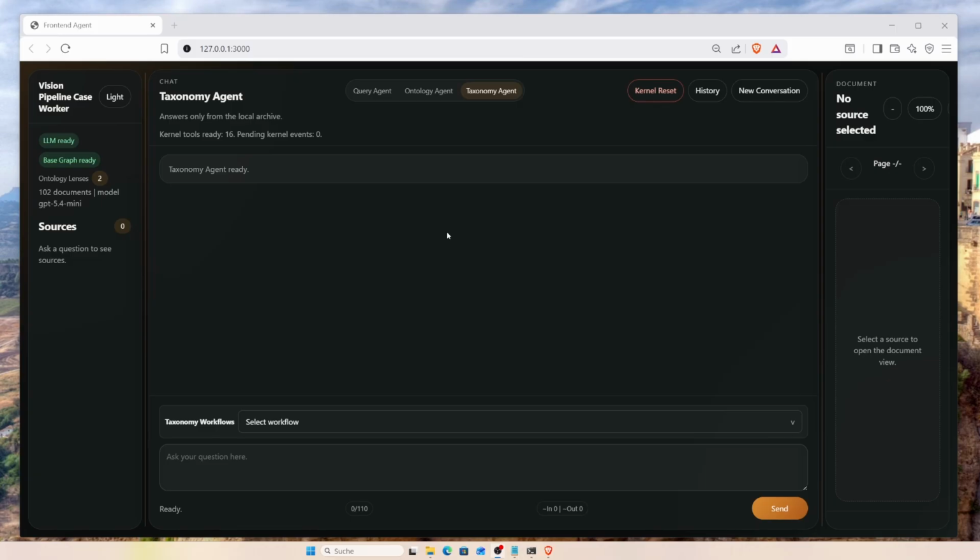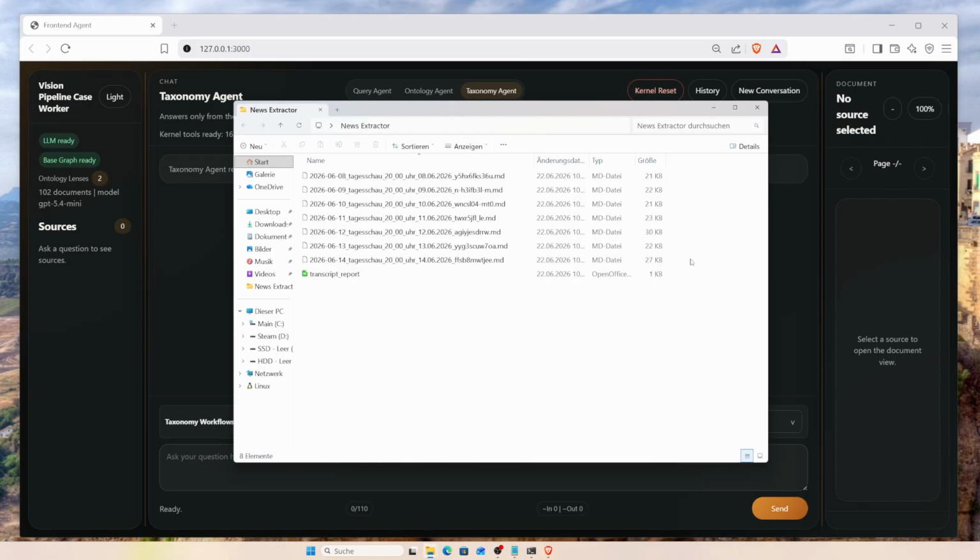But for today, it's enough to remember that this is like a custom inner language. And for that to work, you need your own source material provided. So, for example, I chose to go to the internet and use a German news source to scrape 1 week of a daily newscast into a little folder, which I call a news extractor. These are every day